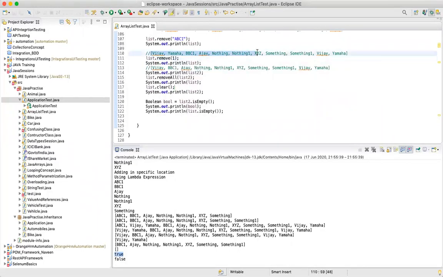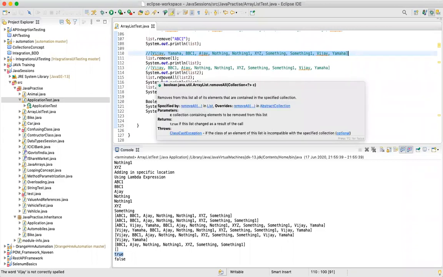So if this is the list, and I say list dot remove 1, then Yamaha will get removed. The rest of the elements will remain the same in this list. But when I say list dot clear, all the elements of this list will get removed. This is the difference between list dot remove and list dot clear.